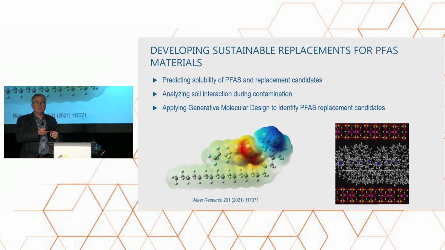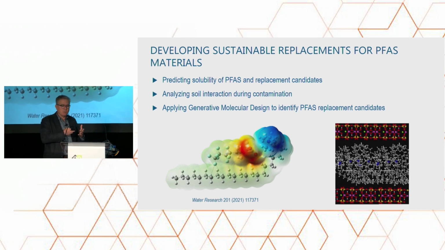And it's also the ability to use generative design. So start with a basic structure, now use generative methods to generate a large library of potential chemicals and then be able to screen them. How will they bind to the soil surface? How water soluble will they be? How will they mix with other materials? And in this way, help drive experimentation. So apply simulation, so the virtual world, to help develop an understanding of how these materials work and help drive the selection of materials that actually would be tested in the laboratory.